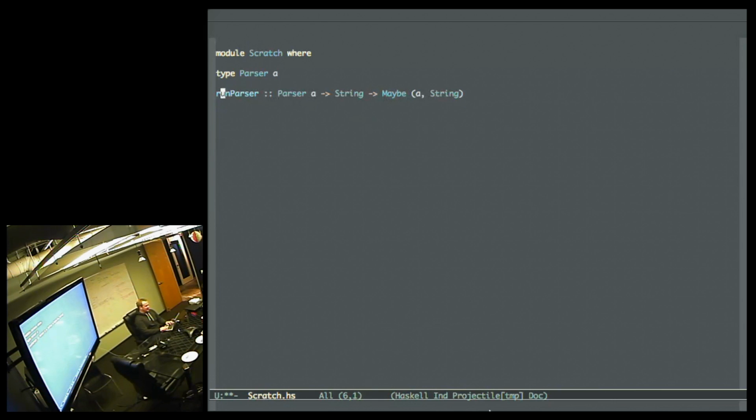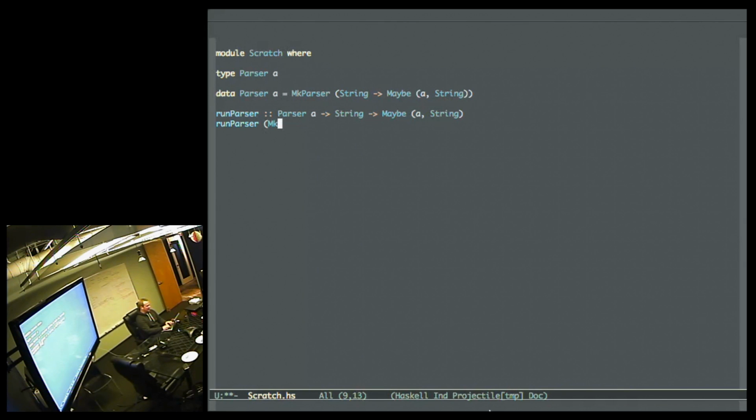So because this is the behavior that we want, right here, string to maybe a value in the rest of the string, we're actually going to implement it exactly like that. So we're going to say data Parser A is equal to a string, a function that takes a string to maybe A in a string, or maybe A and the leftovers. And so some Haskell syntax here is that gives us a constructor, so let's call this a makeParser. And then we'll go ahead and write runParser immediately. runParser has that type,